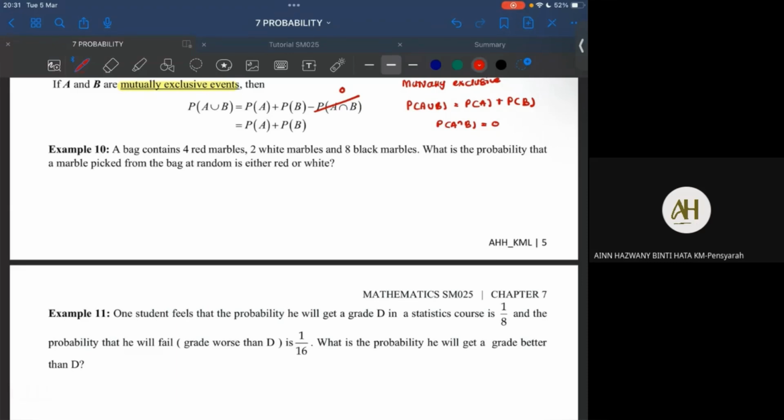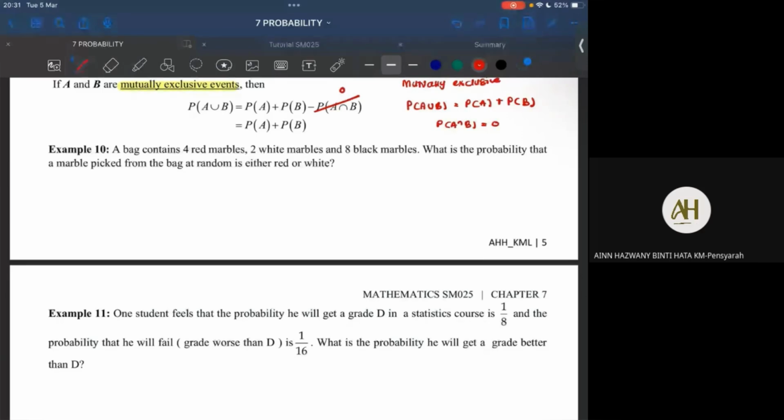So a bag contains 4 red marbles, 2 white marbles, and 8 black marbles. What is the probability that a marble picked from the bag at random is either red or white? Biasanya soalan akan bagi tahu kita yang event tersebut ialah mutually exclusive, ataupun independent, ataupun nanti kita cakap pasal conditional. Kita tak assume dia ialah mutually exclusive ataupun independent. Biasanya soalan akan bagi tahu. But for this experiment here,